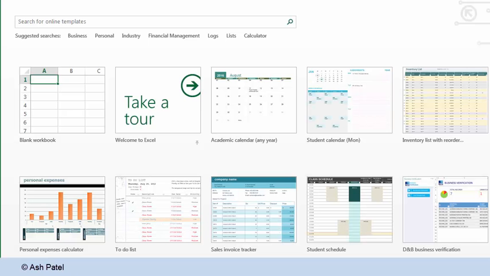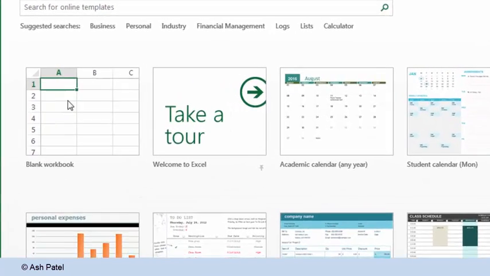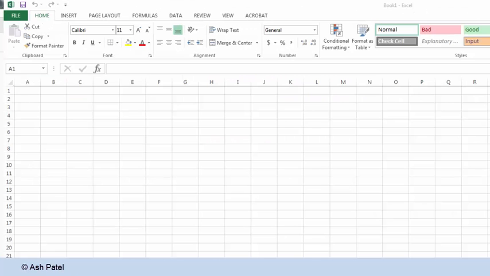Now, we are assuming that you don't know anything about it, that we are starting from scratch. So first of all, you must have Excel somewhere. Double click on the Excel icon or search for it, and the first thing you're going to see is this screen. Now, you could use one of these templates that are available to you, and there are thousands more on the internet, but don't. Until you know exactly what you're doing, try not to go to any sort of template. We are going to double click on this blank workbook,